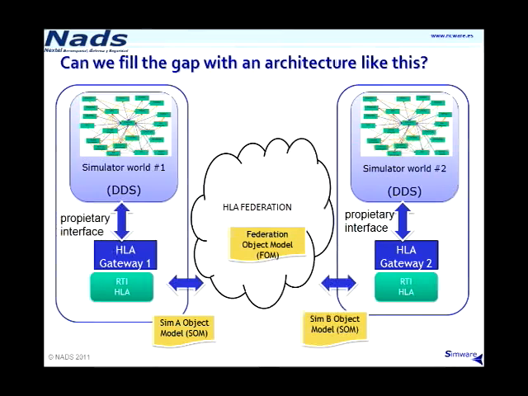Second, interoperability in DDS using DDSI protocol. NADS solves the data model issue by using an HLA-like data model, which includes the use of objects and interactions, and at the same time is compatible with DDS data structures. This data model takes advantage of the best features of both worlds. Being an HLA-style data model, it can never be a real DDS model. That way, you can use HLA data in DDS communication.